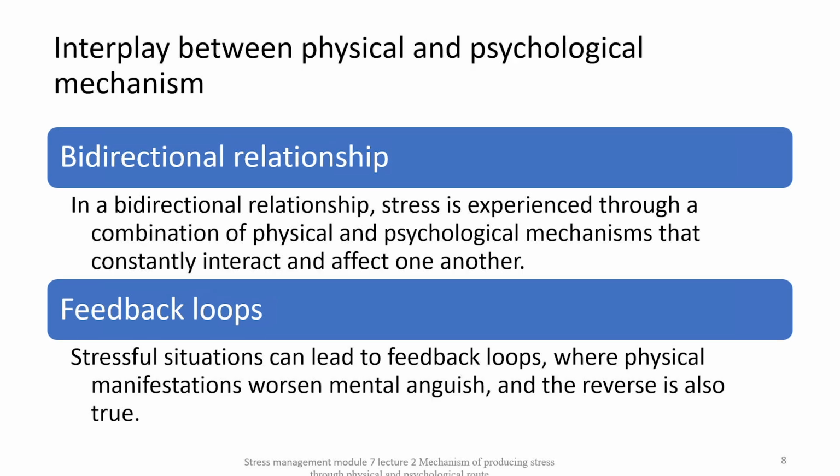Then it is a bidirectional relationship, that is, the relationship between the physical factors and the psychological factors is a bidirectional relationship, where the physical changes in the body modify the psychological assessment of it, modify the level of anxiety and stress that we feel, and increase or decrease the worry regarding the future of the disease, and all these psychological assessments can in turn affect the physical state of the body.